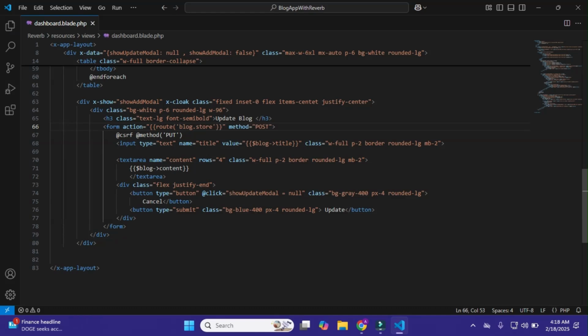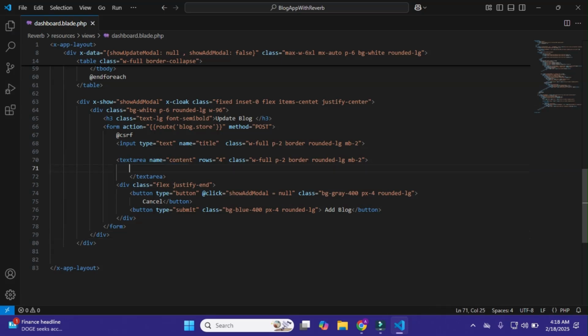Method post, and remove this put, and it is @csrf, and input type text, block title, and we don't need this body. Name title, and just this. After it I'll add on click showAddModel false, bg-gray rounded-lg, and it is add blog. Okay, cancel.